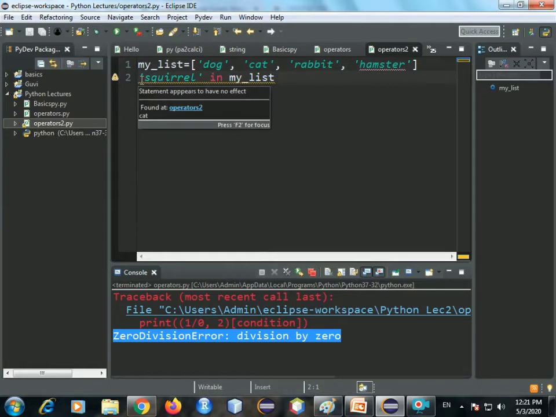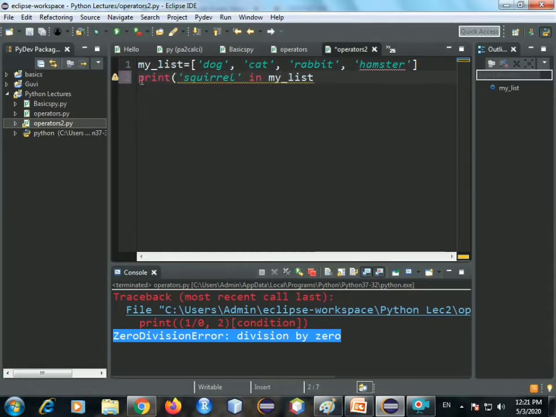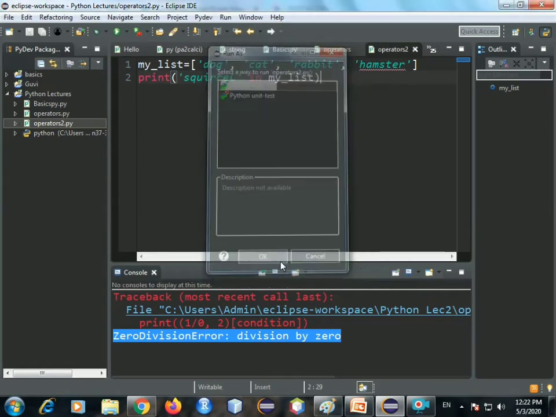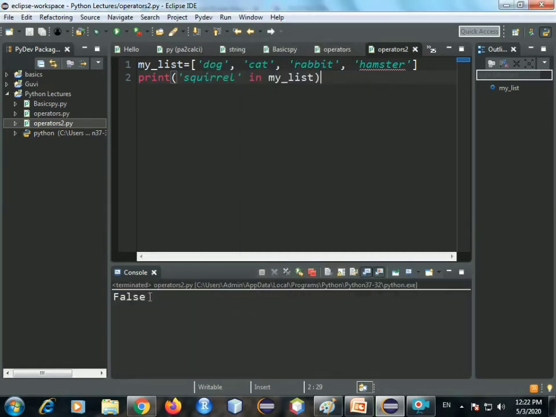Let me print it and run it. False. See, we don't have squirrel in this list, so squirrel in my list returns us a false value.